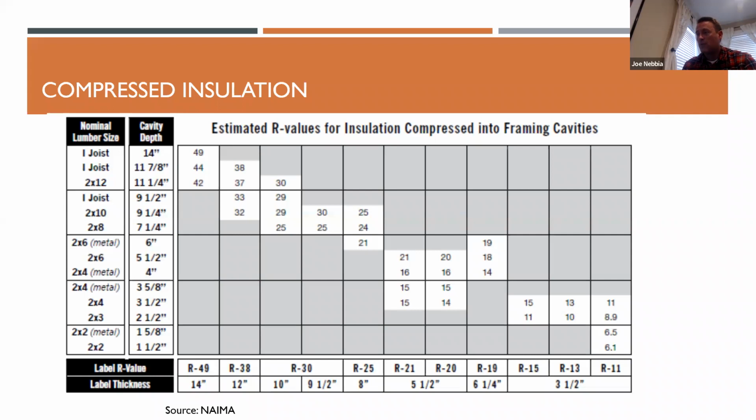There are R21 batts out there. So there is a code compliant 2x6 solution that doesn't need to be compressed to get into a 2x6 wall because it's actually 5.5 inches. And they're a much denser batt if they're fiberglass to get to R21 in that 2x6. But people still put R19 in 2x6 walls quite a bit, and it's being compressed. It's really not being installed as it's meant to be installed, and you're getting less R value out of it